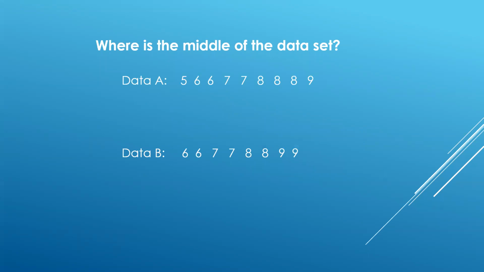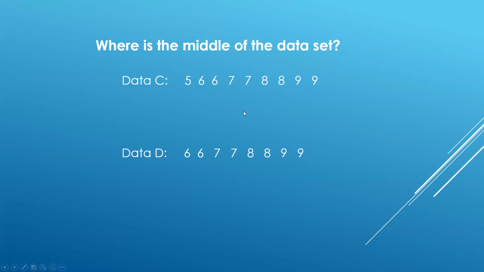So here's some simple examples, right? If we wanted to find the middle, the median of this data set A, we can see that data set A has 1, 2, 3, 4, 5, 6, 7, 8, 9 pieces of data. So the middle of our data is right here with number 5, the 5th data, right? So 1, 2, 3, 4, 5, it's the second 7. So the median would be 7. Now down here, we have 8 pieces of data. So the median lands right in between the 4th and 5th. So it lands right in between 7 and 8. And we would take the average, and the median of this set of data would be 7.5.